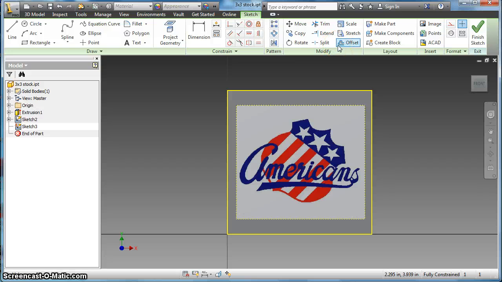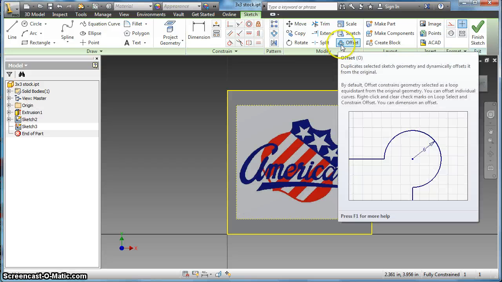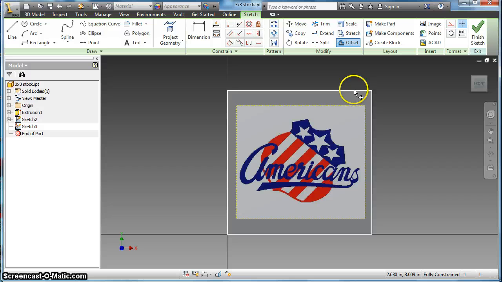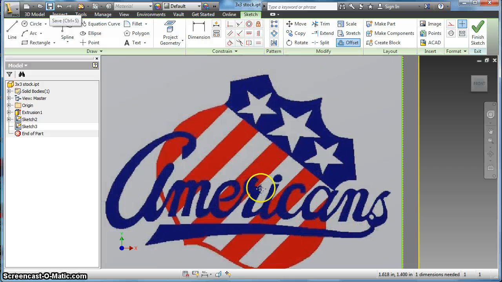You have to decide whether you want to cut out your image or cut out around your image. I want to cut out around my image, so I'm going to offset a border. And I want to make sure I give myself some room. All right, and then I'm going to just zoom in, and I'm going to use my line and my arc commands to trace the object. So I'm going to trace here, grab my arc,